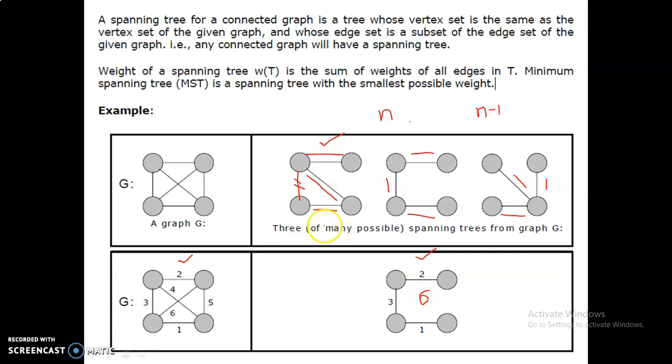Why are we not selecting the other two types of spanning trees? Say if you are selecting the first one, taking this vertex and this other edge, its edge cost is 2, and whenever you are drawing like this, its edge cost is 4. And if you are drawing another one, its edge cost is 1. The total is 6 plus 1, 7 total cost.